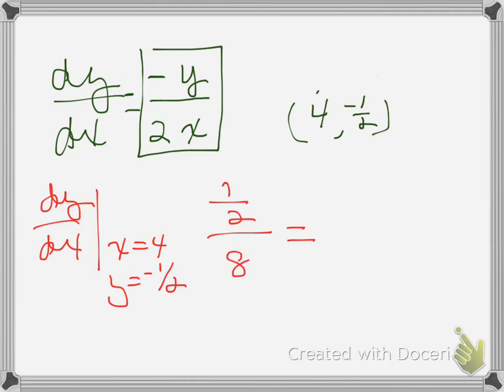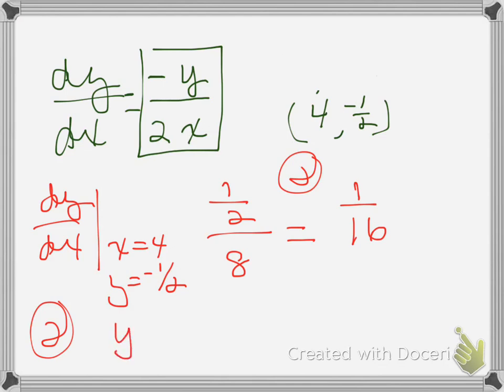So my slope is now positive 1/16. What is my second line? So this is all going to be the second line now. So I still have 4, correct? So the only thing that's changed is the y is now negative 1/2. That will flip that sign. My slope is now a positive. And this part has not changed. So those are my two